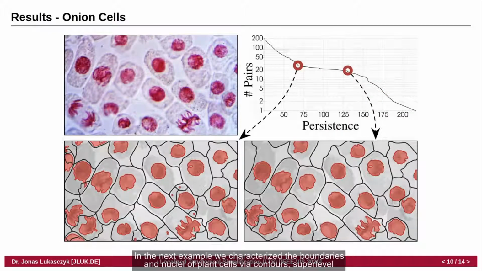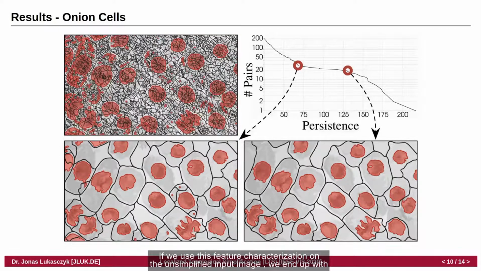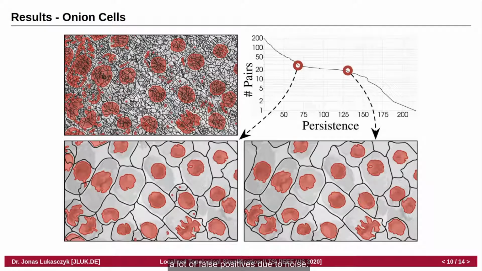In the next example, we characterize the boundaries and nuclei of plant cells via contours, superlevel set components, and separatrices of the Morse-Smale complex. If we use this feature characterization on the unsimplified input image, we end up with a lot of false positives due to noise. In this example, it makes sense to suppress non-persistent maxima-saddle pairs, and to determine sensible persistence